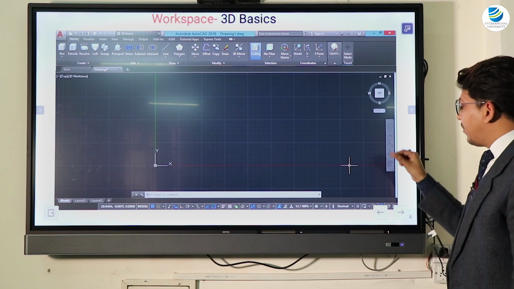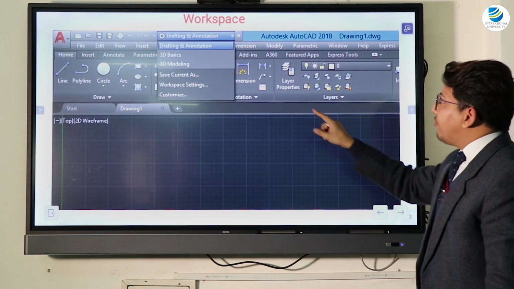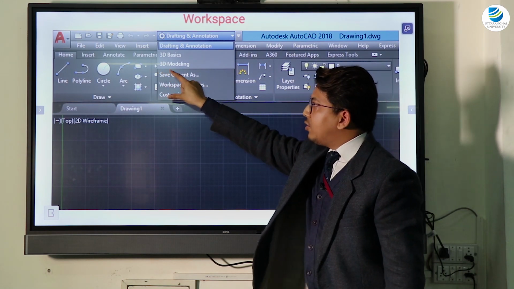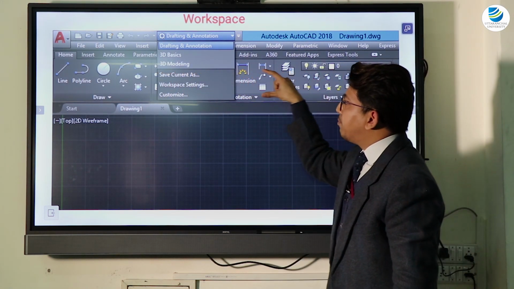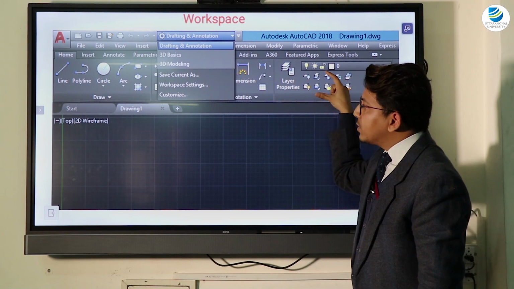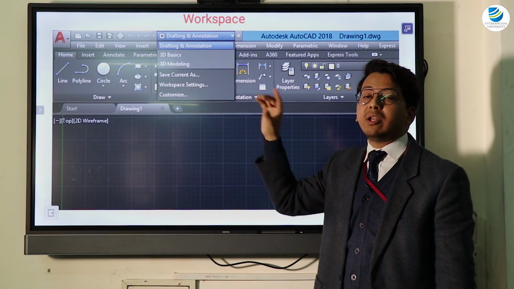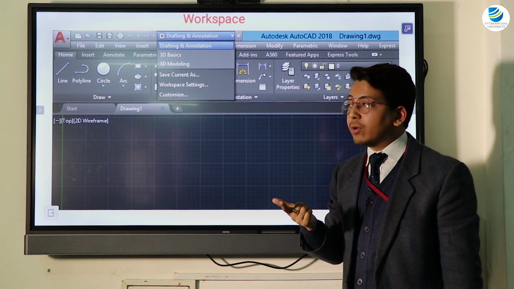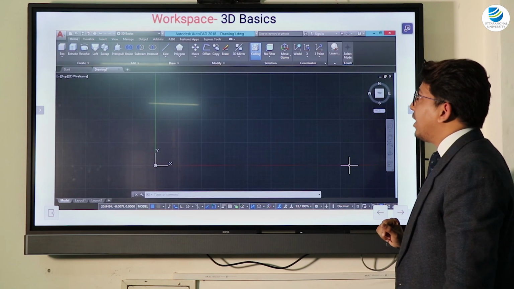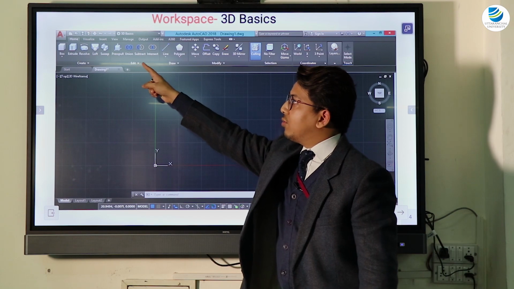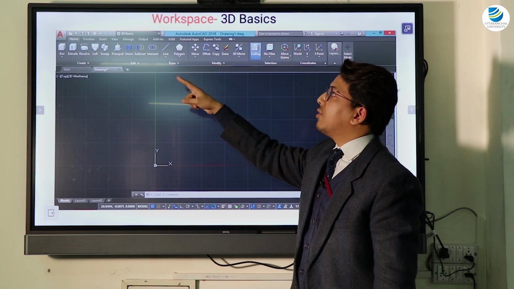Now, when the drafting and annotation workspace is active, all the tools that appear in these panels, this is known as the ribbon, will be 2D commands, for 2D drawings. When we activate the 3D basics workspace, the tools in the panels or the ribbon will change.